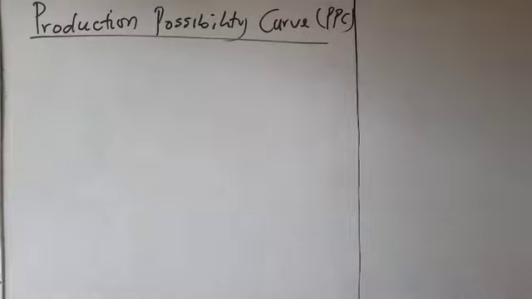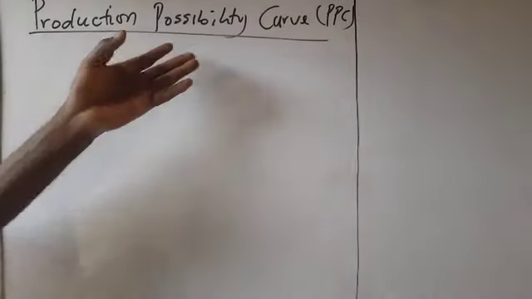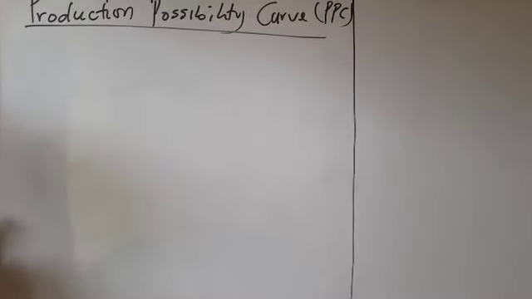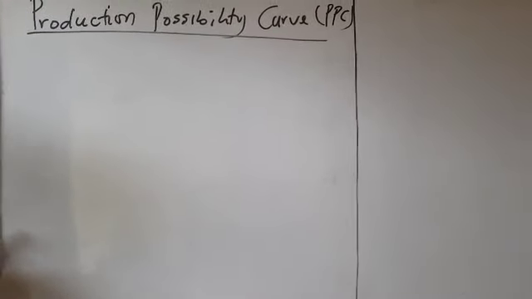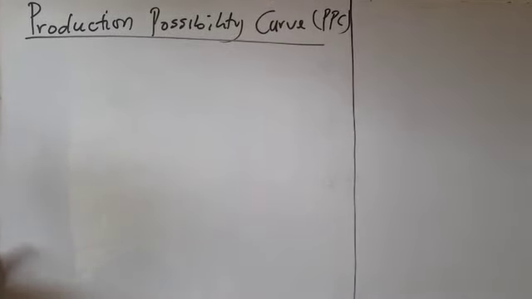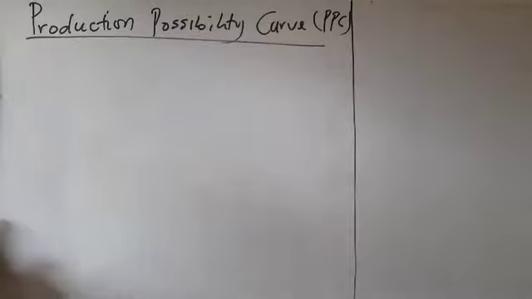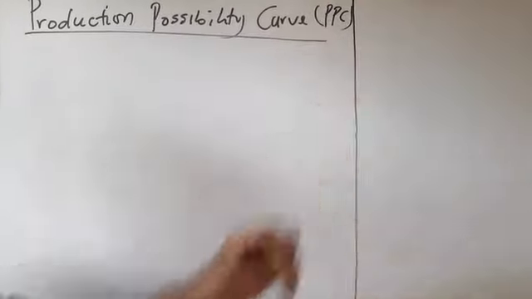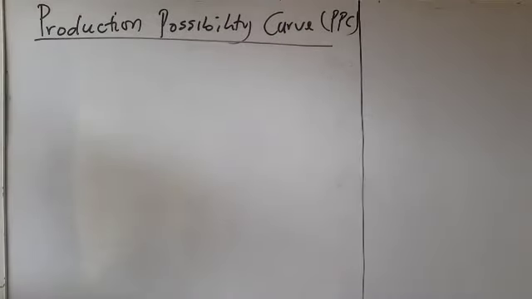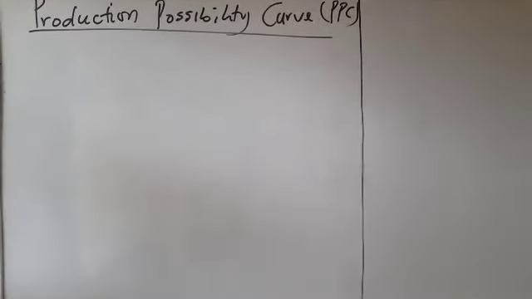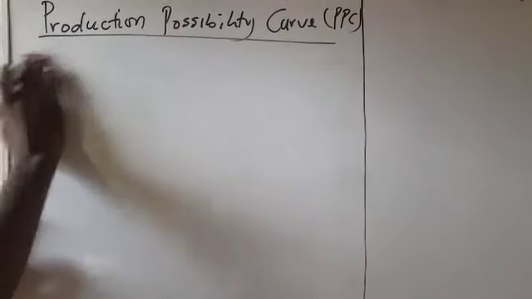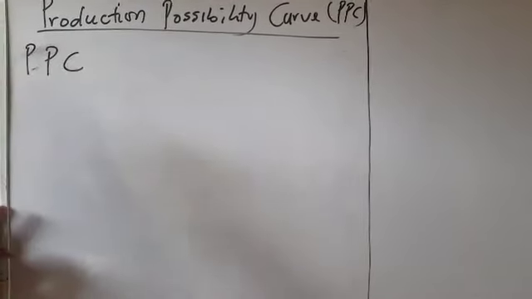Now, we want to look at the production possibility curve. What is the peculiarity of the production possibility curve regarding economics concepts? If you remember, we talked about opportunity cost, and when we talk about the production possibility curve, in a nutshell, PPC, that is the production possibility curve,